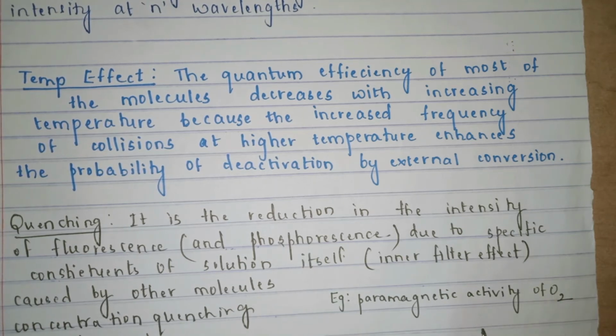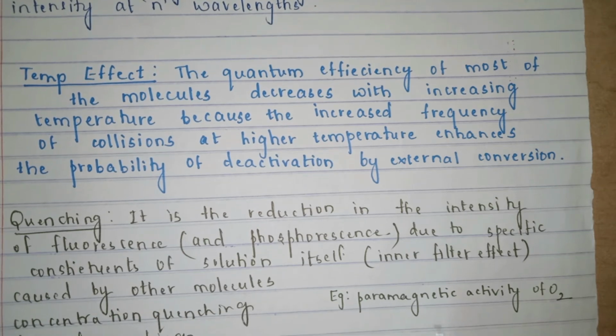This is also true when I am trying to have a paramagnetic activity of oxygen. What does oxygen lead to? Oxygen leads to a paramagnetic activity. In turn, it leads to intersystem crossing. But the intersystem crossing may not lead to a phosphorescent phenomenon. Rather, it might lead to a system where the intersystem crossing takes place, but it gives me a radiationless transition. Again, there is a loss of fluorescence and phosphorescence phenomena.